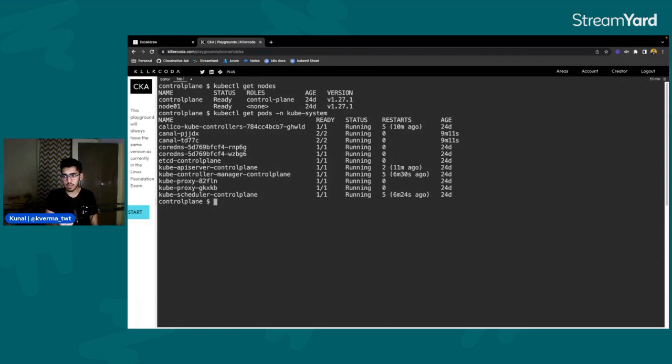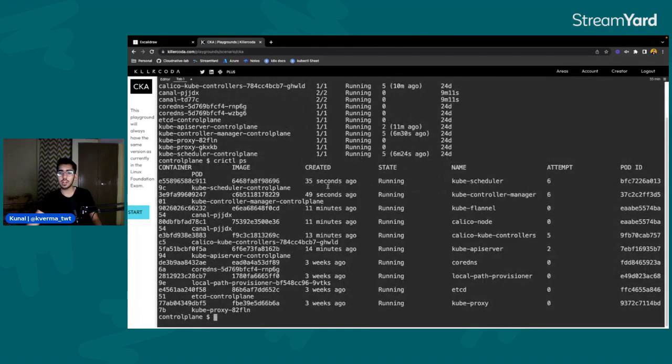And as I've mentioned previously, the container runtime interface to interact with the containers which are running is containerd, and to interact with containerd, we have something called crictl. So if we run crictl ps, this will list all the containers that are running right now. You can see the kube-scheduler container is running. That's the kube-scheduler pod which is running in the control plane.